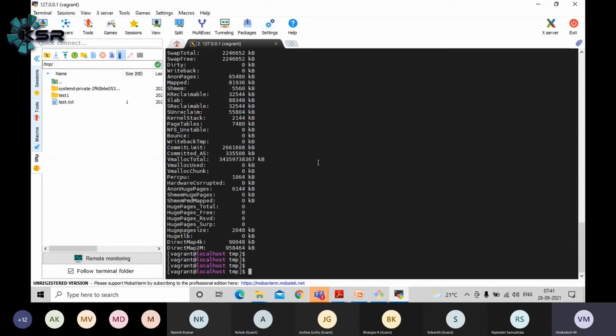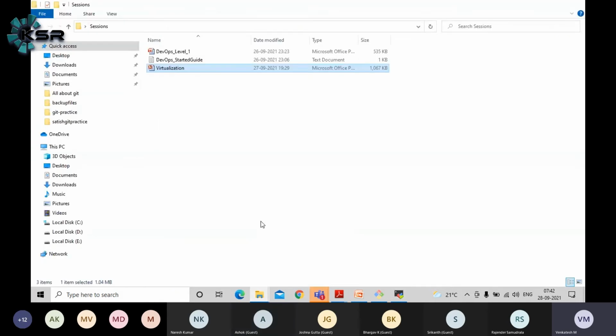Similarly, in Windows, you have something like C drive, D drive, some disk partitions. C drive and D drive don't mean different hard disks. You have one hard disk completely, and for that particular hard disk, you have logically partitioned it. That means for C drive you have allocated some space, like 500 GB, and for E drive something like that. So you have performed some disk operations. That's it.